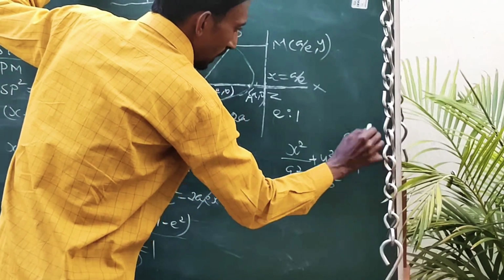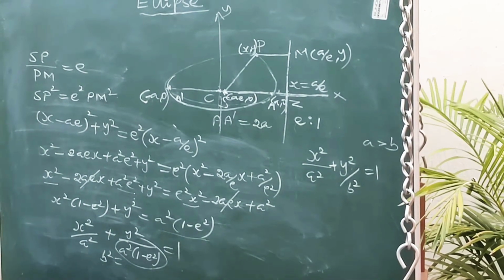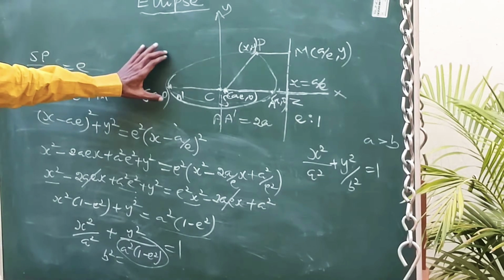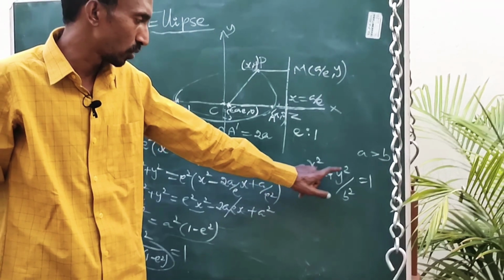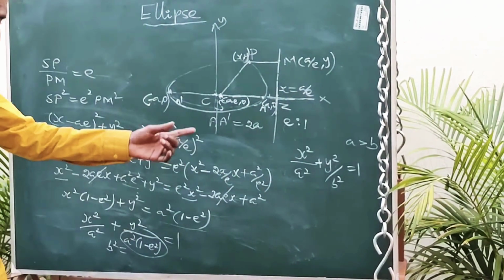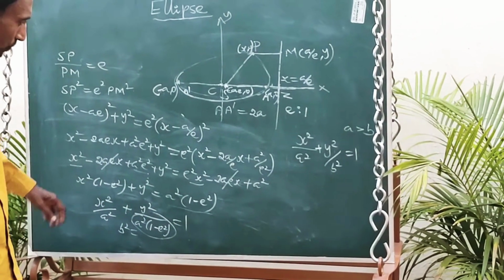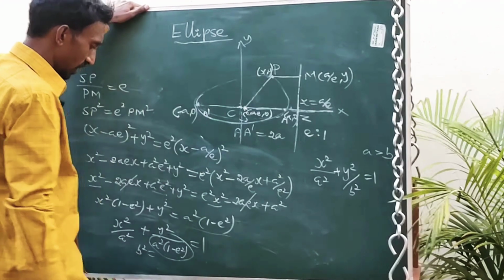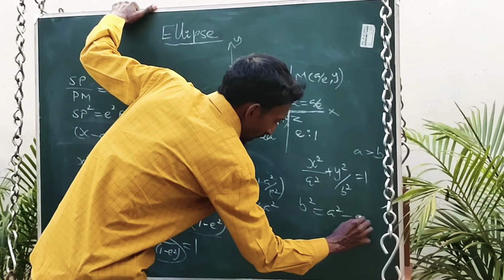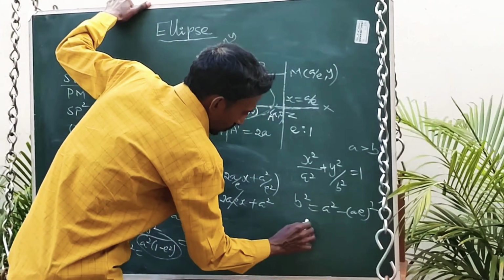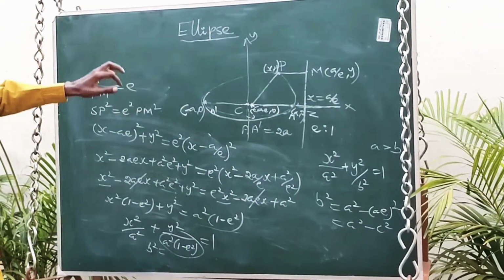where a is greater than b. Okay, if a is greater than b, we are getting an equation like that. So again it is the first type of ellipse, and it is the standard equation of the first type of ellipse, x square by a square plus y square by b square equal to 1, where b square equal to a square into (1 minus e square). In your book they are assuming this ae as some c, so b square also can be written as a square minus (ae) the whole square, or a square minus c square. They are assuming ae as some c.